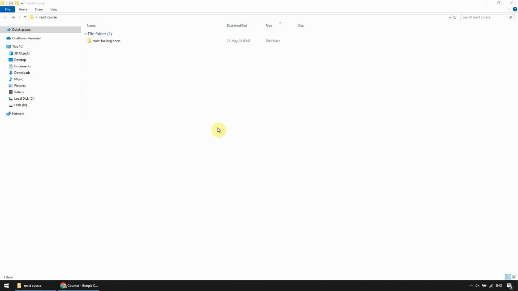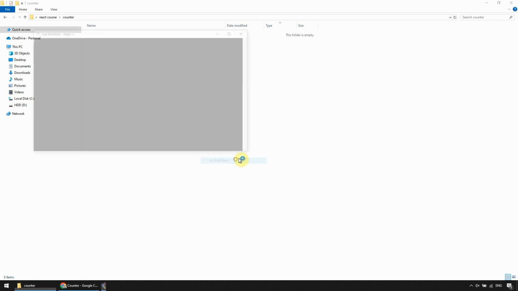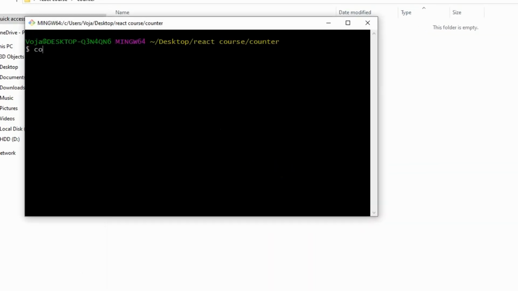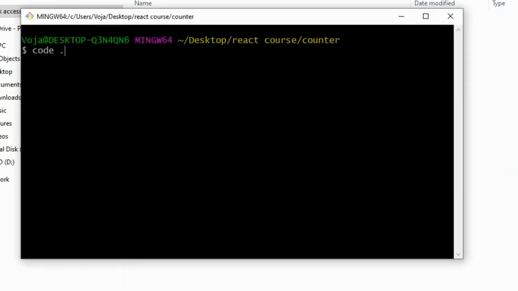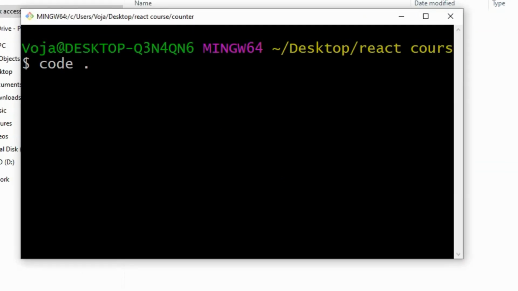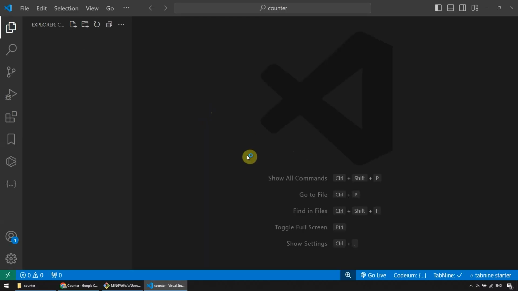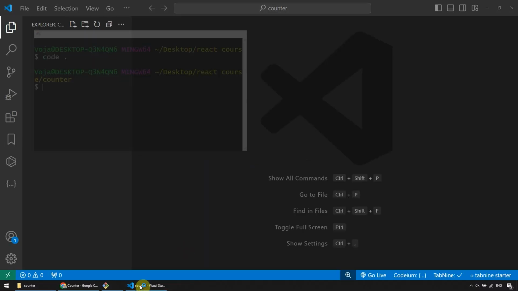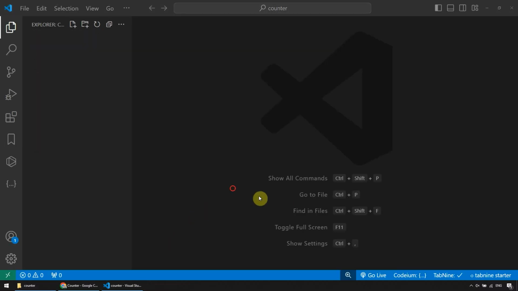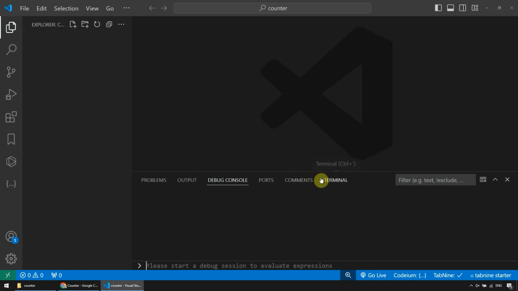Once again, I'm going to create a new folder here in my React course folder. So Ctrl+Shift+N on Windows and call this counter. Get into it, right click, git bash here, and code . to open this in VS Code. Okay, great. Now I'm gonna Ctrl+J here to open up the terminal